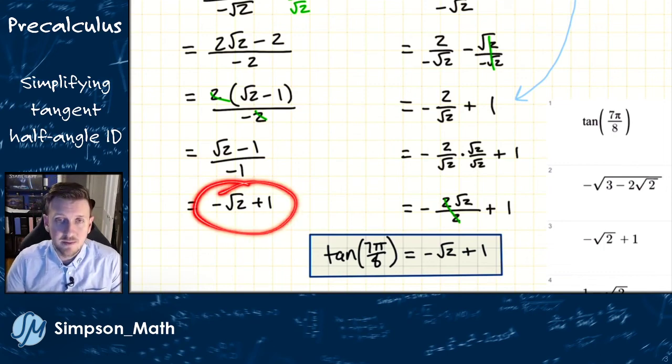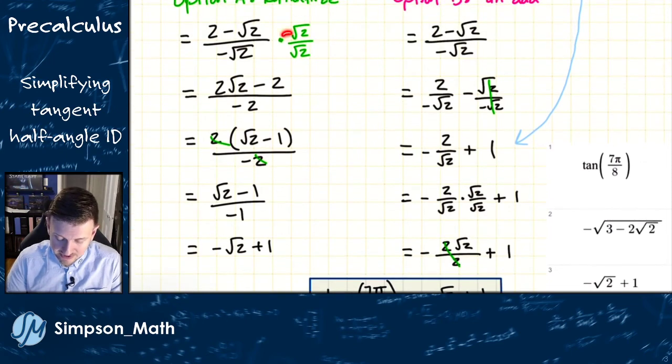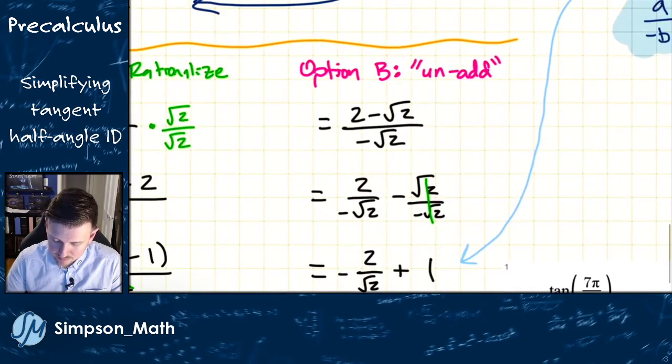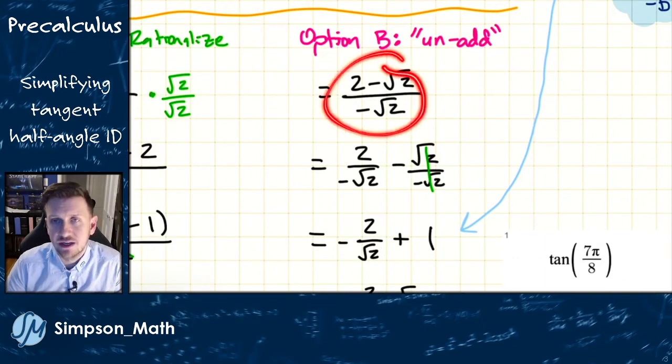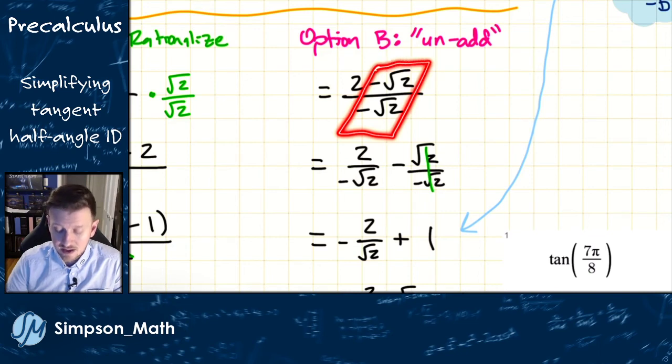So that's how we end up with negative square root of 2 plus 1. Or you could have had the negative all along and then dealt with it, and you would have had that directly. All right, or let me show you this unadd method. So I have this fraction, and I notice, especially because I see what's going to happen here, I can't just